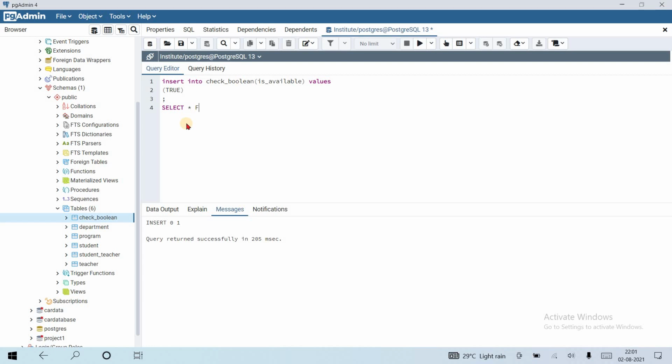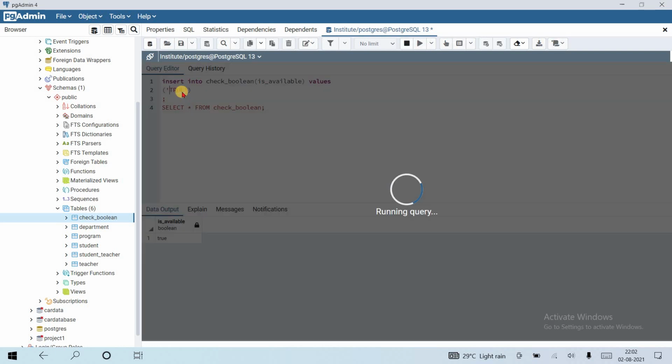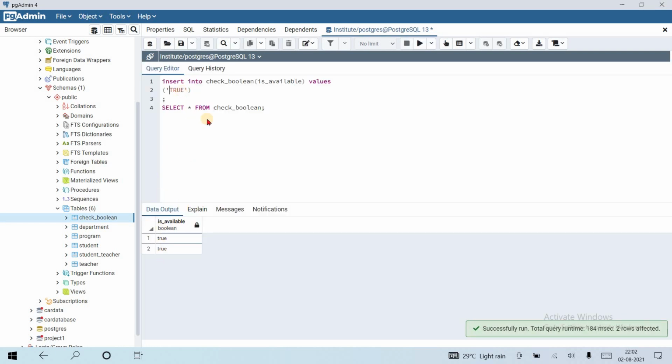Select star from check_boolean. It contains the true value that we inserted. What if I add single quotes around true? The value true is inserted.